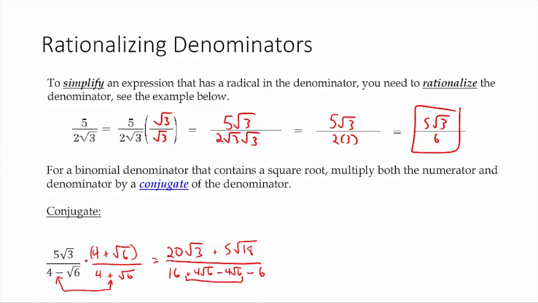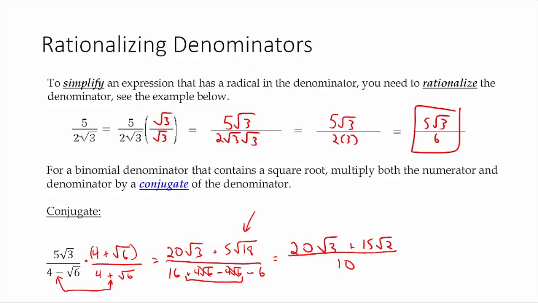So you know you've picked the right conjugate if that happens to the middle terms, if those two things cancel out. Otherwise, we have a problem. This allows us to clean this up now. We'll reduce this one radical right there. That square root of 18 is really the square root of 9 times 2, which is 3 root 2, which means we can rewrite this as 20 root 3 plus our 5 times 3, which is 15 root 2, and that's going to be divided by 16 minus 6, which is 10. You're almost done, but you might notice that at the top there's one thing that can be factored